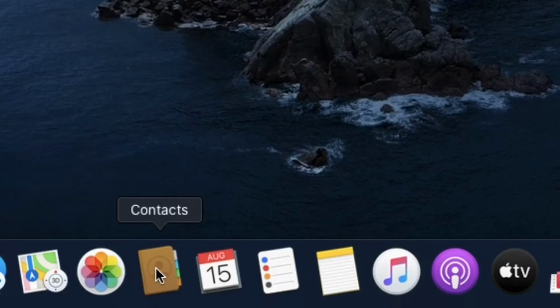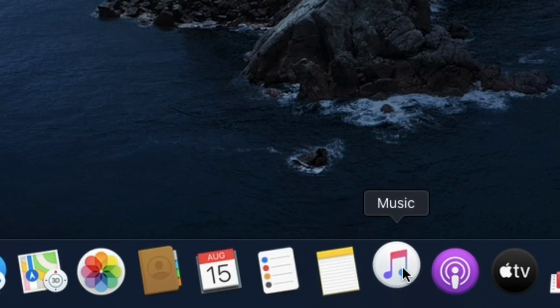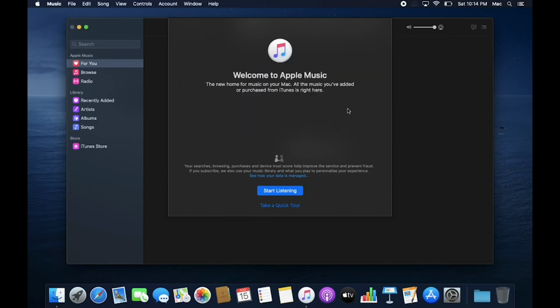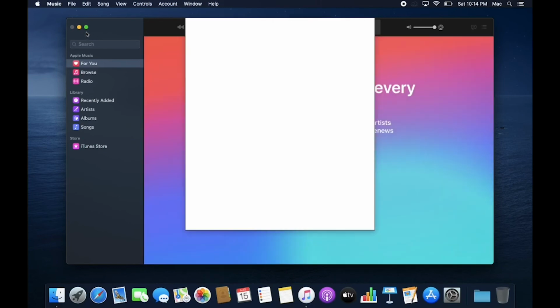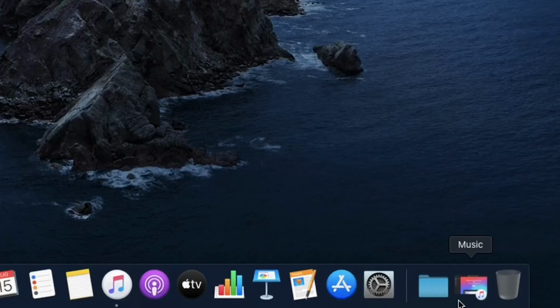Access contacts from here: Calendar, Reminders, Notes. Music is where you can access all your music. All the minimized apps will be here.